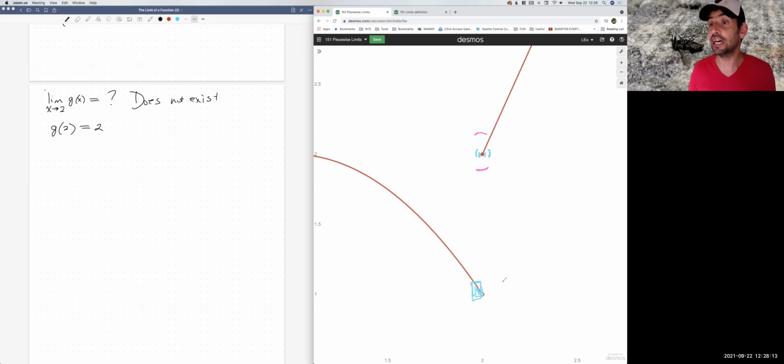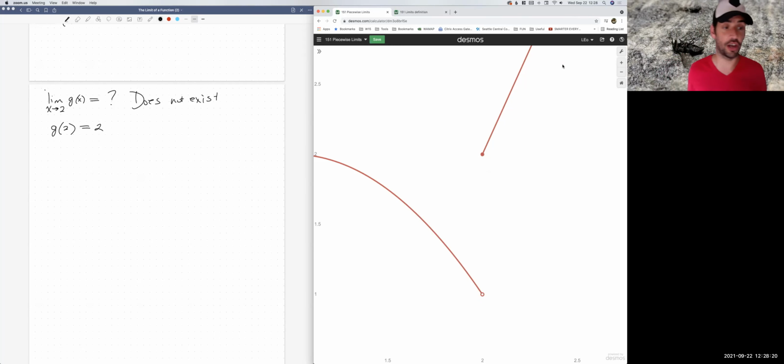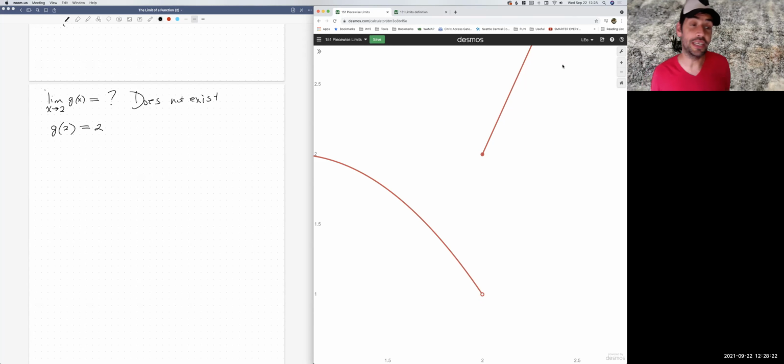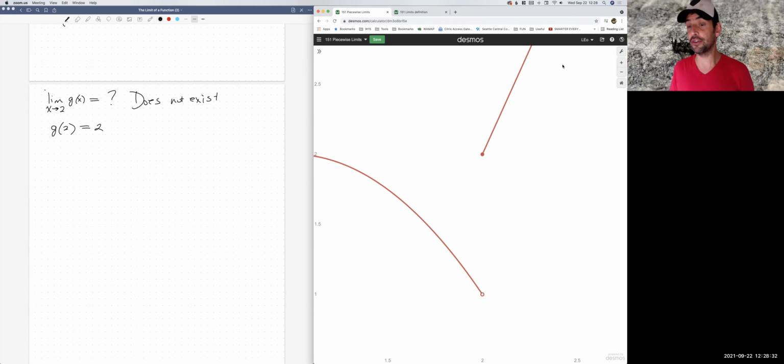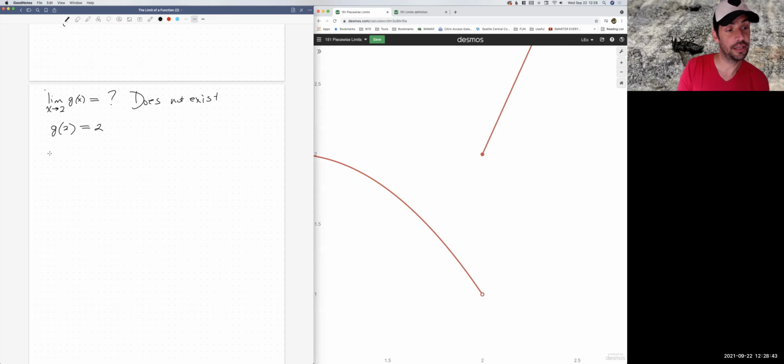This function still does something there. So the fact that the limit doesn't exist doesn't mean there's not something interesting to talk about here. And in fact, we can still talk about the function's behavior using limits. We just need to acknowledge that this function does two very different things depending on how we're approaching the number 2. For example, let's examine